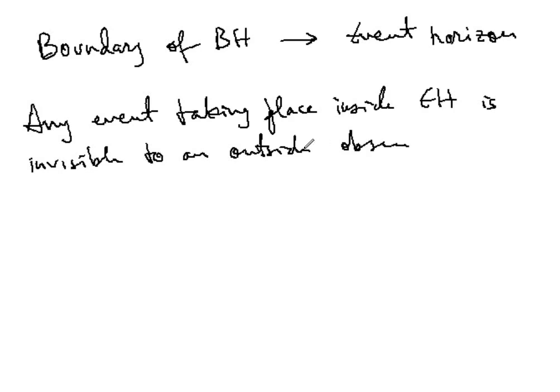And so this event horizon is basically the boundary between the enclosed volume of space-time and the rest of the universe. And the radius of the event horizon, you see,